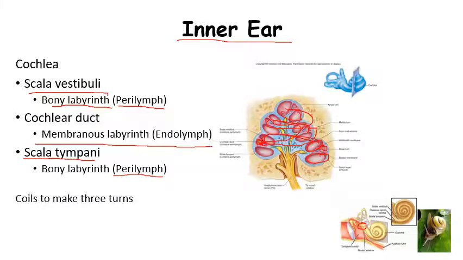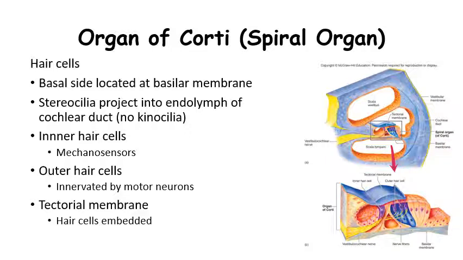So the sound waves are first brought into the scala vestibuli, and we're going to see that is going to cause movement in the cochlear duct. All right, let's look at this cochlear duct, also called the organ of Corti, or spiral organ, that is going to contain